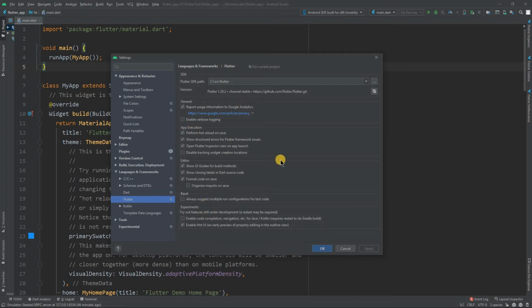Another thing I can say is Format code on save. It should be ticked in your editor as well, because when we save, the code will be formatted. What formatting of code is, I will tell you in a bit, but it should be ticked. So that is pretty much it about how my Android Studio is set up. And if you want to be in sync with me, then you should do these steps.